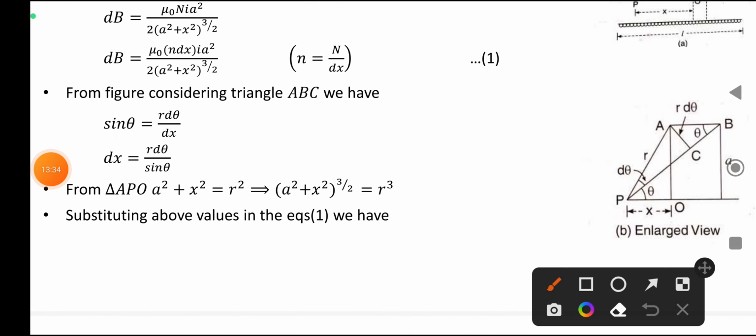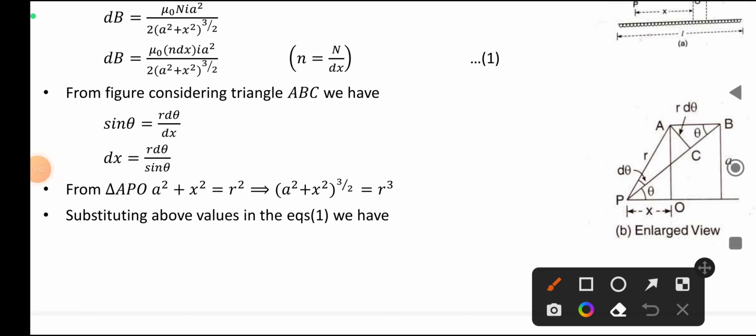So that is why here sin theta is equal to r d theta by dx. From this, dx is equal to r d theta by sin theta. Okay, next, from the figure, keep it like this only. Why? Because here we have to substitute. Next,